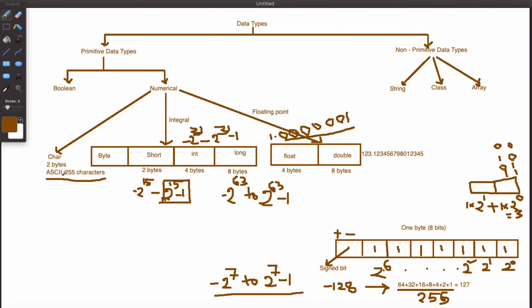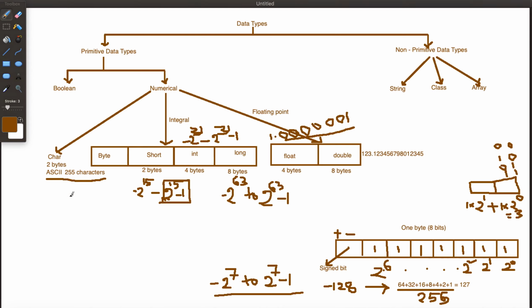In Java, we have Unicode characters. Unicode characters are ASCII characters plus some extra characters. Extra characters in the sense, Java supports all the different languages like Latin and some other languages, whereas C doesn't, since it can store only ASCII characters.